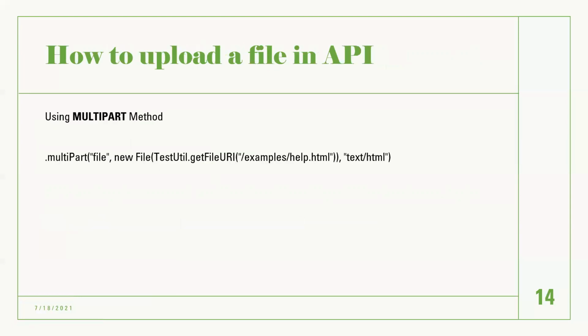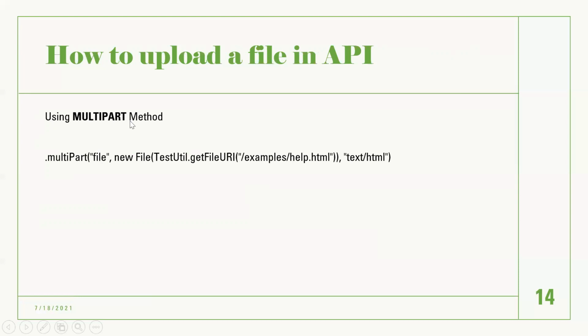How to upload a file using an API. We have a method called multipart. With the help of that, we can upload a file. For uploading a file, you keep your file, one JSON file, in Notepad or Notepad++. How will you read the JSON file from that in your body?